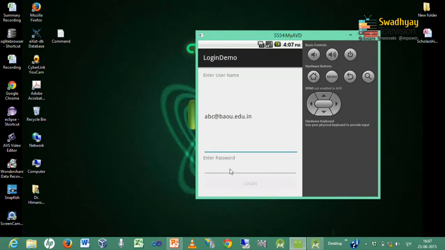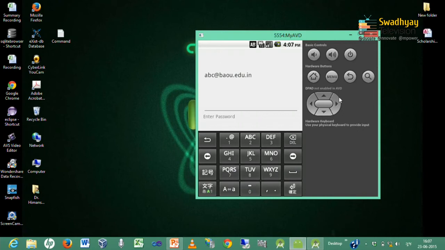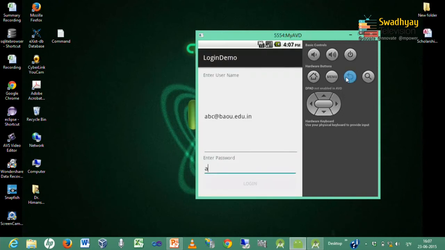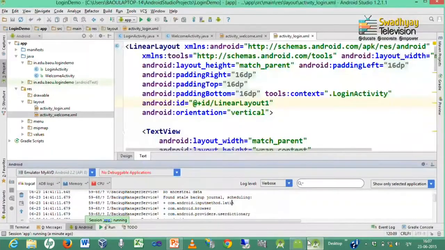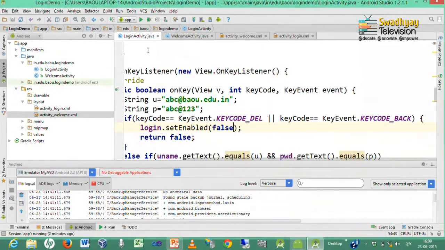and inside password we have to avoid using the software keyboard and type abc@123. So, it should enable this login button. Initially the login button should be disabled.